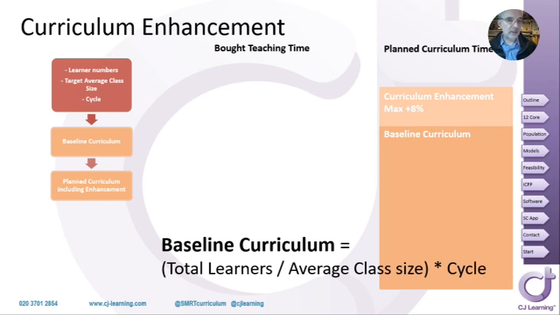The question is, how much is that enhancement? And we're suggesting that in terms of figures that we have produced over time, up to about 8% enhancement is affordable within the funds that we have. But this is coming from an understanding of what's the baseline provision. The baseline is where we start. The enhancement is that extra bit of decision, and it can be agile in the sense that it can be placed around the school. Now, anything over that 8% would be considered to be an excessive amount or a surplus of planned